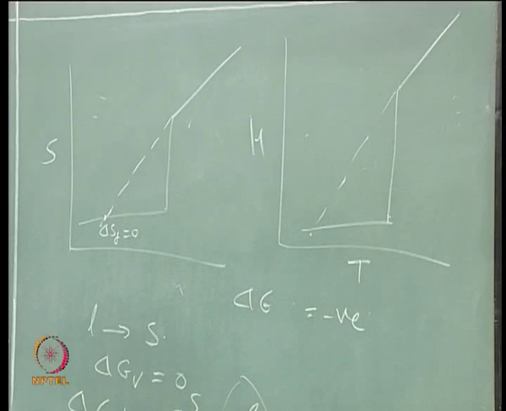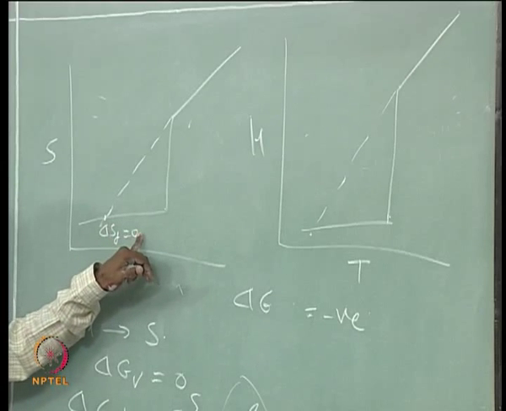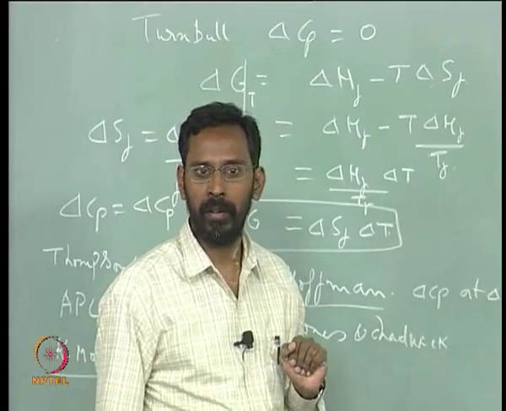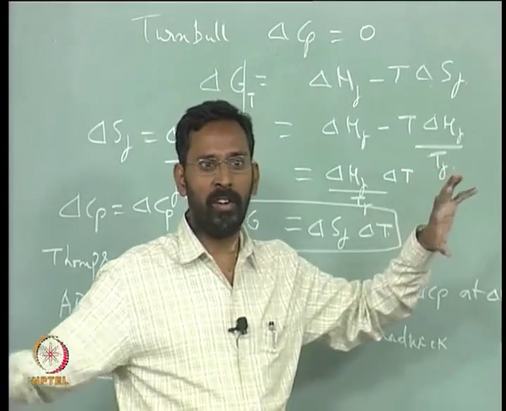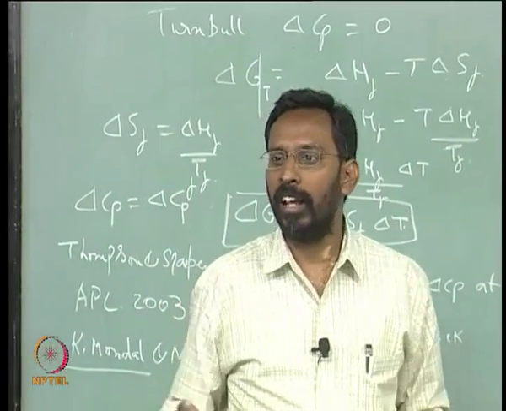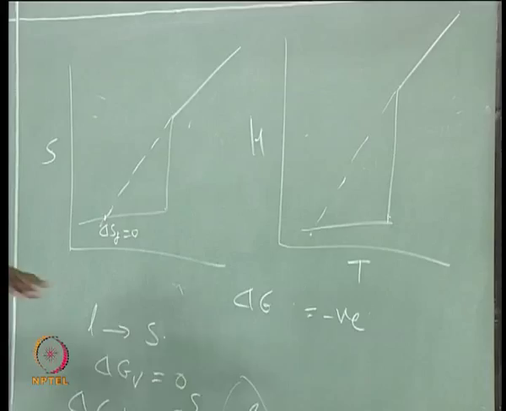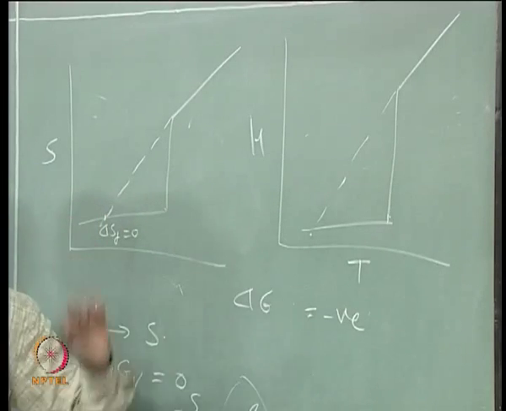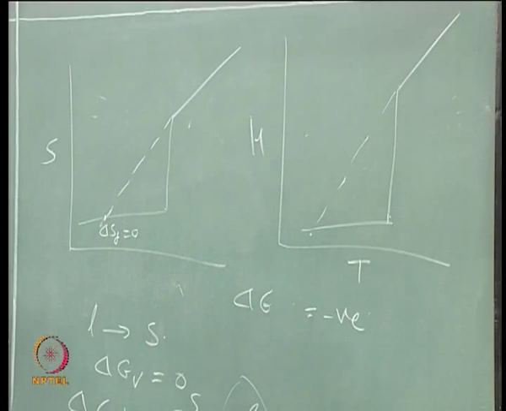That H also, if I extrapolate, at some stage would go to 0. And in principle, if delta Sf goes to 0 and delta G is also 0, automatically at the same temperature delta H also goes to 0, because delta G is finally nothing but delta H minus T into delta S. So if delta G is 0 and delta S is 0, automatically delta H goes to 0. There are a lot of theoretical calculations to see whether these are exactly the same or not, and to a large extent they come close to 0.